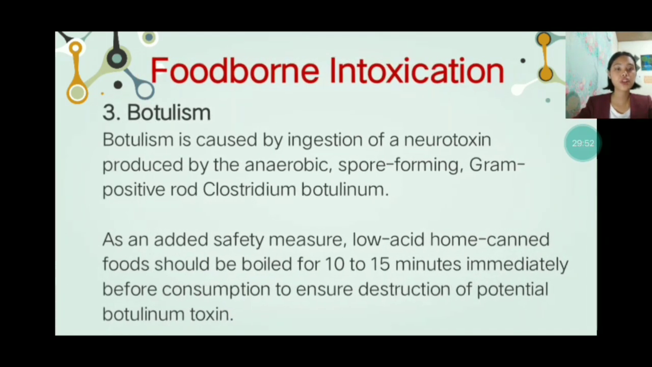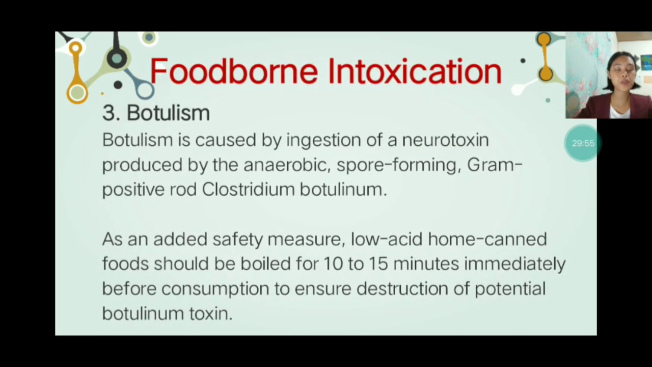So third is botulism. Botulism is caused by ingestion of neurotoxin produced by anaerobic spore-forming gram-positive rod Clostridium botulinum. Unfortunately, a growth of organisms and production of a deadly toxin may not result in any noticeable changes in the taste or appearance of the food. Canning process